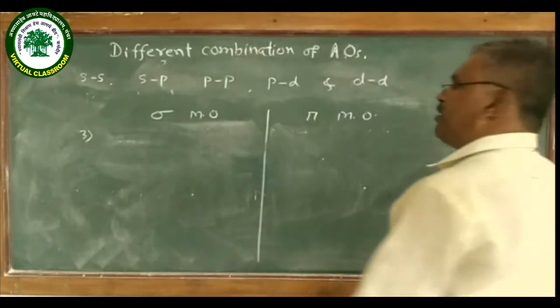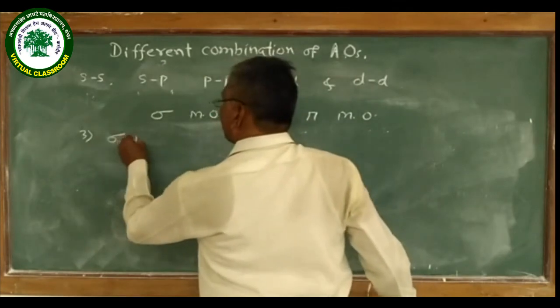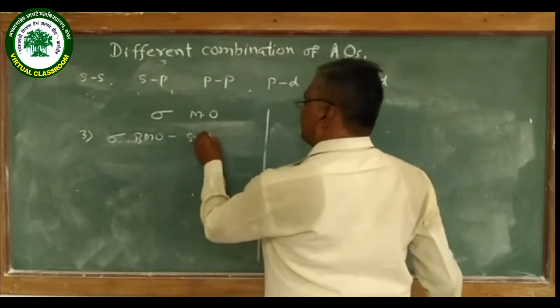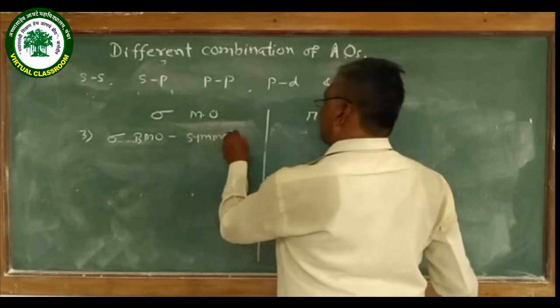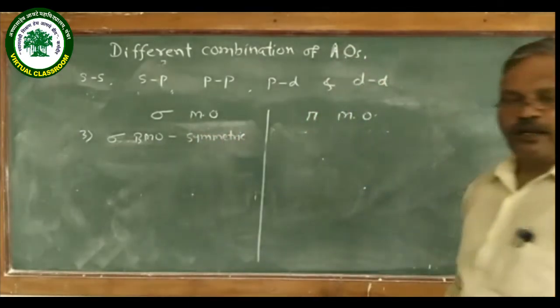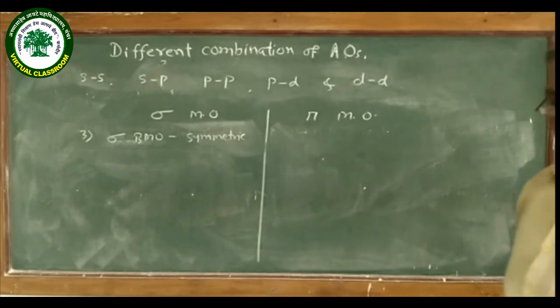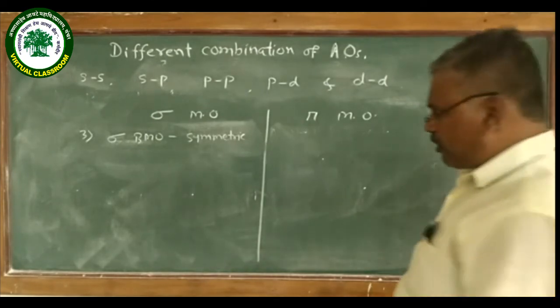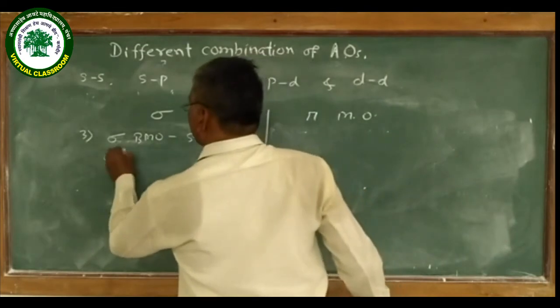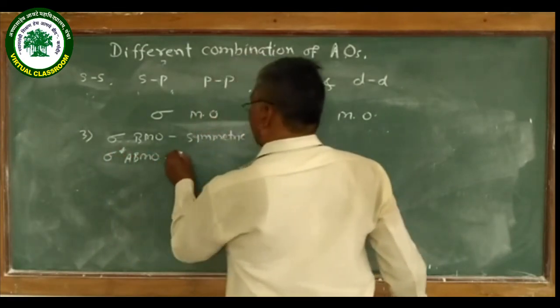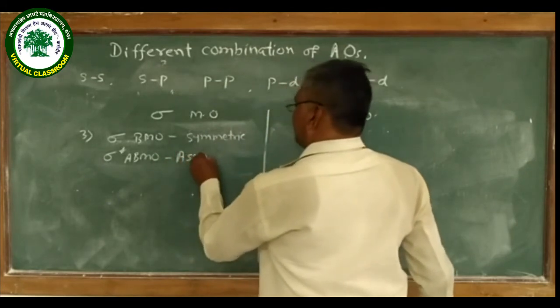All sigma bonding molecular orbitals are symmetric about the internuclear axis, while all sigma star antibonding molecular orbitals, sigma star ABMO, are asymmetric